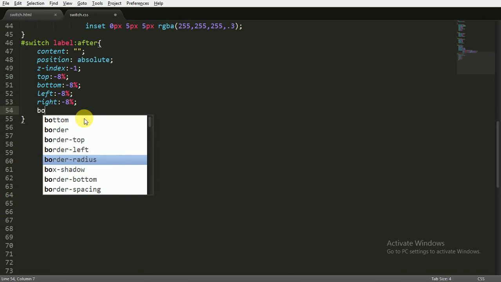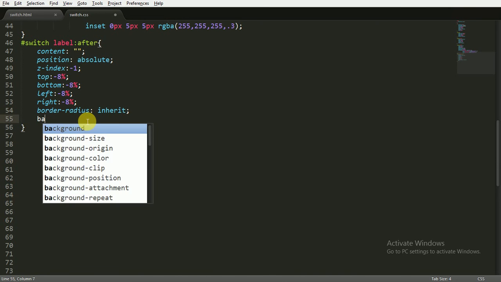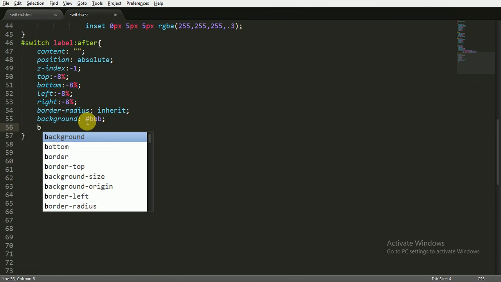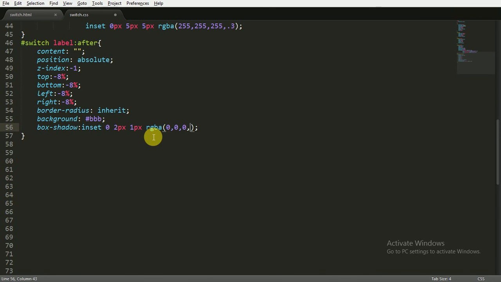Then the border radius to inherit, then the background to the hex color BBB, and last one I'm going to give the box shadow to inset 0 2 pixels 1 pixel and RGBA of 000 and 0.15 alpha value, or you can give it opacity,